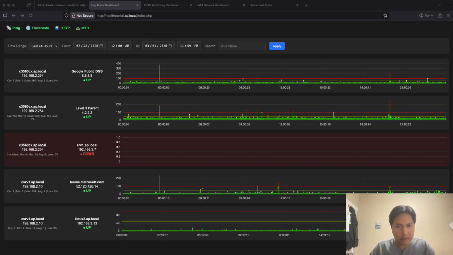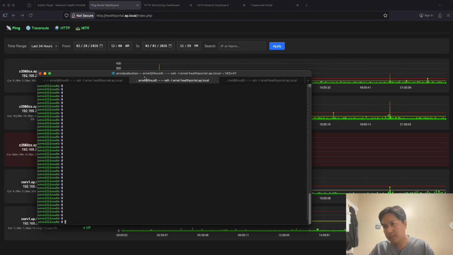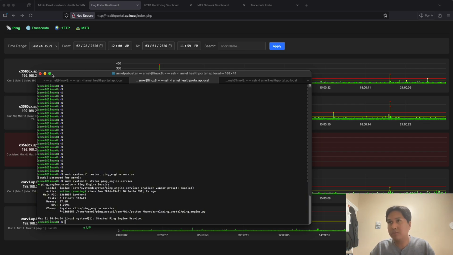I'm going to show you. I will run sudo systemctl restart on the ping engine service, because I created a service for the ping engine. I'll enter my password. So now the service has started. We can verify that our service is running. Okay, so if we refresh this one,